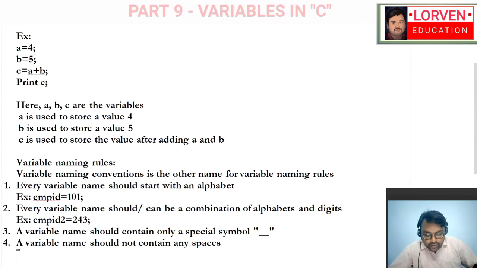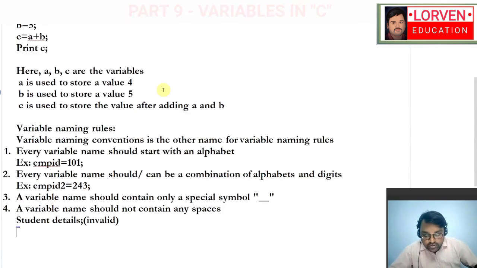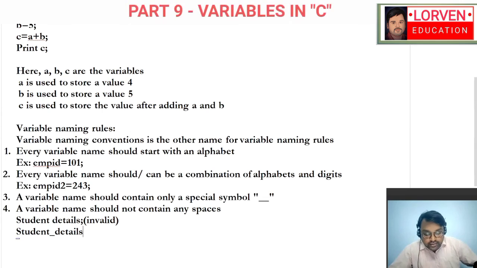Suppose I write "student details", then this is an invalid name of a variable. Suppose I write "student_details", then it is a valid name of the variable. So this is the fourth point to be considered, right?